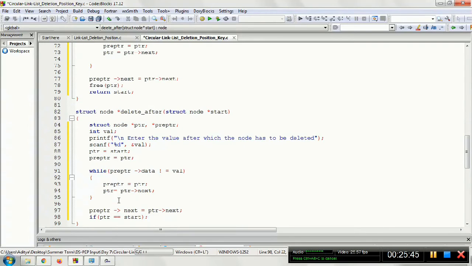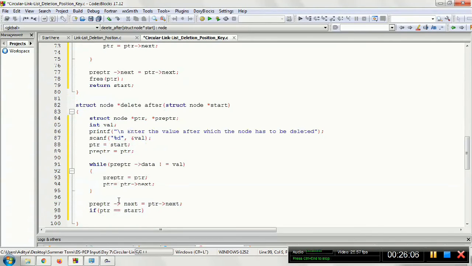Suppose this is a circular linked list, this condition also has to be considered. Suppose the pre-PTR is the last node and the PTR is the first node. In such case, the pre-PTR next should point to the start. This condition is important, that you have to consider. I will repeat it once.